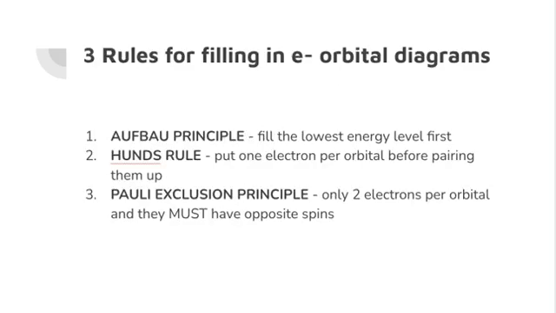So, how do we fill in electrons around a nucleus? We have these energy levels, we have these sublevels, and then we have these orbitals. Like, okay, what does that mean, Winkle? So, there are actually only 3 rules for filling in electrons. First one is called the Aufbau principle. It's the name of the guy that came up with it. And he said that electrons will always fill in around a nucleus, filling the lowest energy level first. So in our hotel, the first floor always gets filled up first before they would start filling in on the